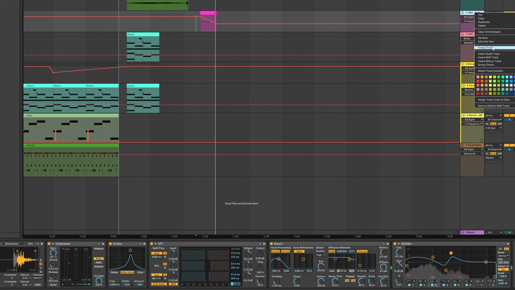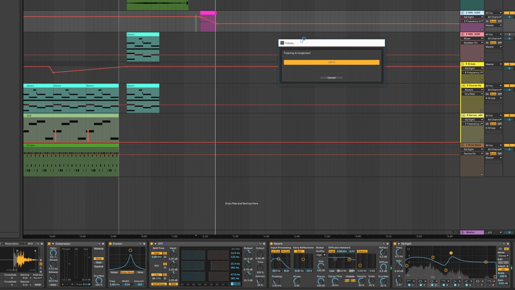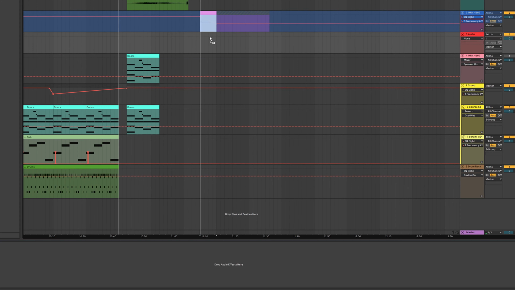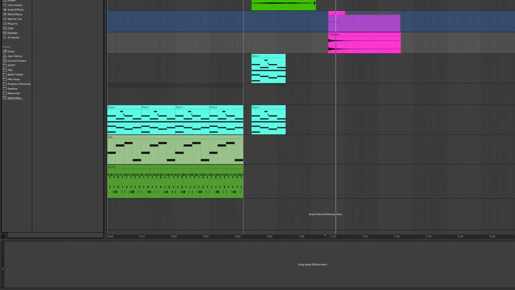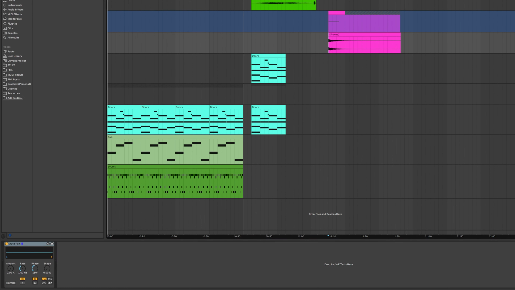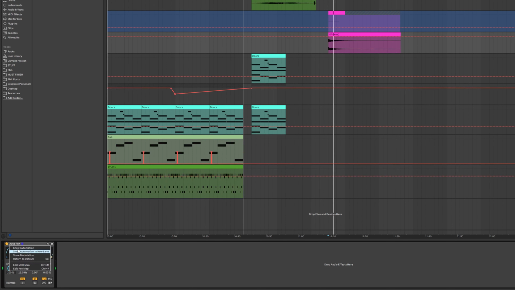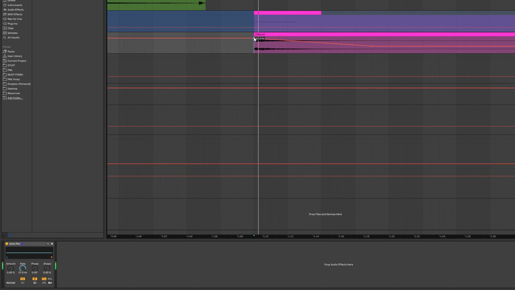Cool thing. Now let's freeze the track and load it to an audio channel. And now we could add Autobahn to make it go like this, but with automation off.